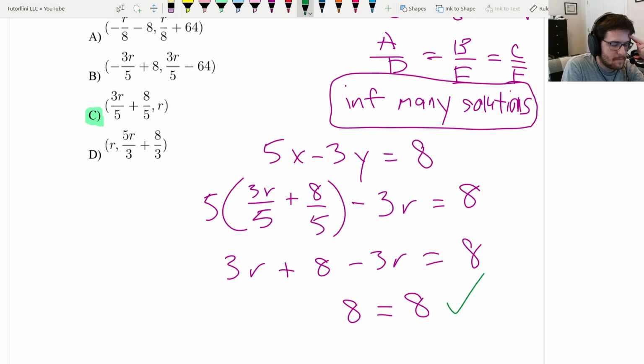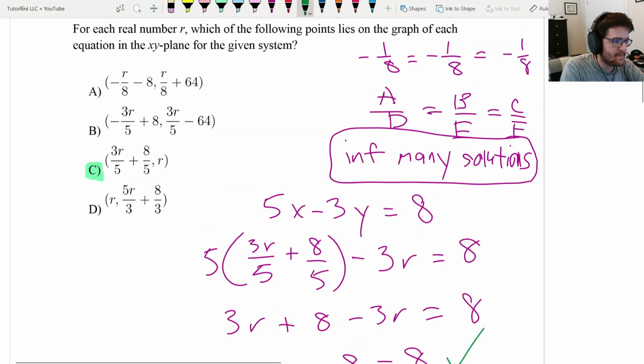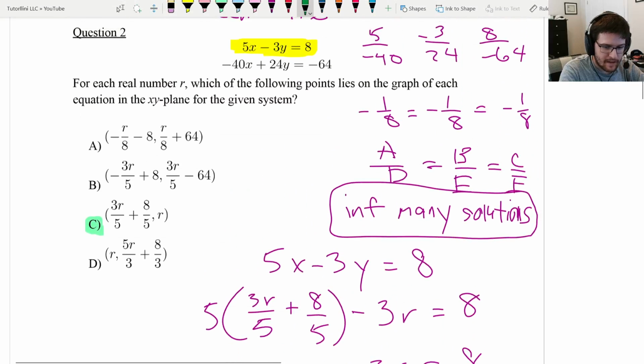And that means C is the answer. If you went through and plugged in the other ones, you would not get the same thing on both sides at the end. So it would not be true for every real number r. So the answer is C, but you should be jumping for joy if you see this question on the test, because you can do this question